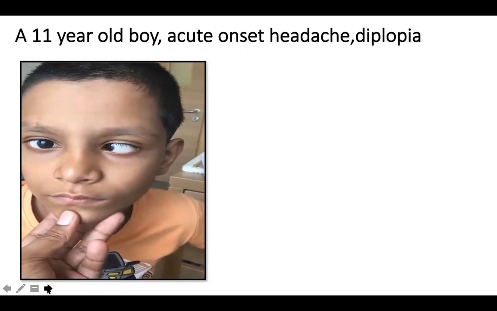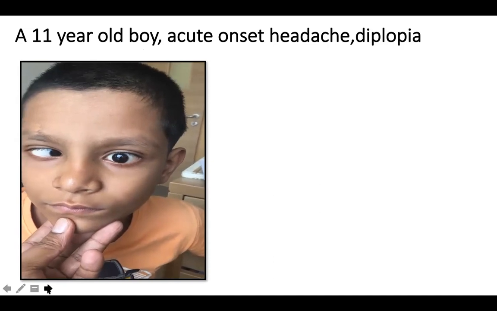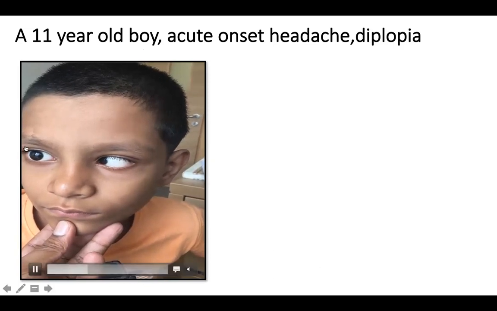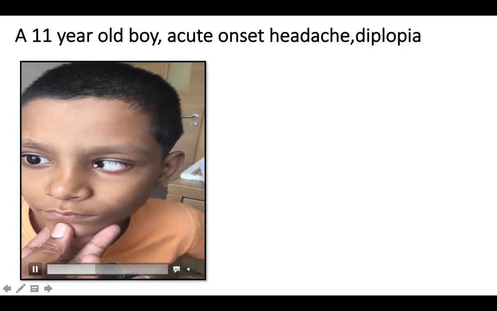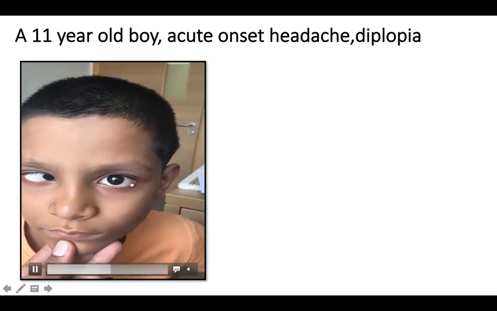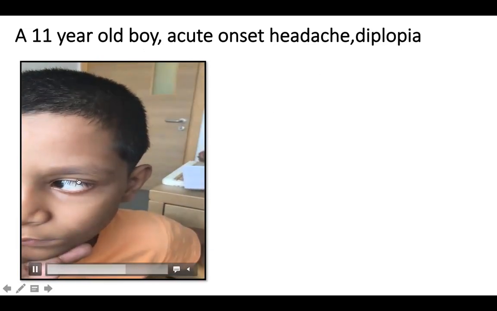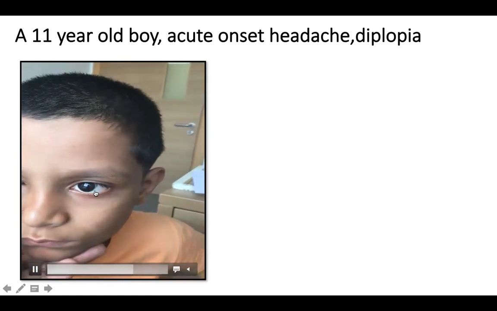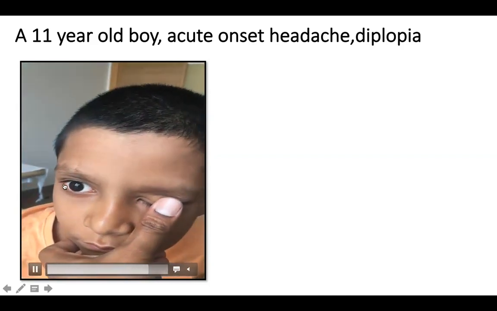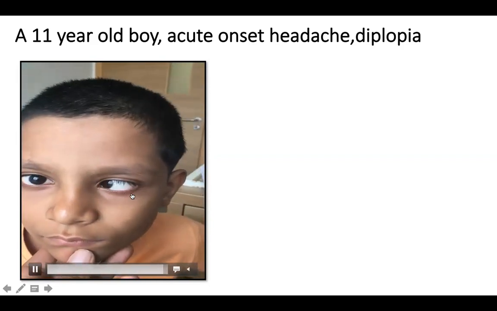This child is an 11-year-old boy who has a 2-week history of headache and double vision. Okay, as you can see, in the right eye there is an adducting nystagmus, but there is a restriction of eye movements to the right extreme lateral gaze. Similarly, there is a nystagmus on the left eye medially, but the child is not able to abduct the left eye laterally. So there is some nystagmus on bilateral adduction, but a clear bilateral abduction weakness. Looking monocularly by closing the right eye, there is a clear abduction weakness on lateral gaze. So this clearly indicates a bilateral sixth nerve palsy.